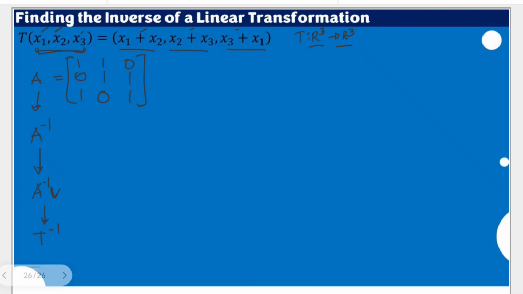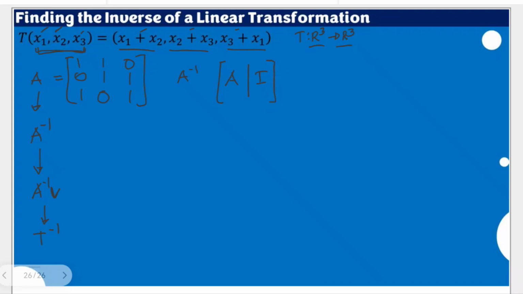And from this, we are going to determine if it's invertible. In short, we're going to solve for the inverse of this. For a 3 by 3 matrix we will not use the theorem involving the determinant, because that's more specific to a 2 by 2 matrix. Here, we're going to use this concept: the augmented matrix involving our standard matrix A and the identity in R3. We're going to come up with the augmented matrix of the two